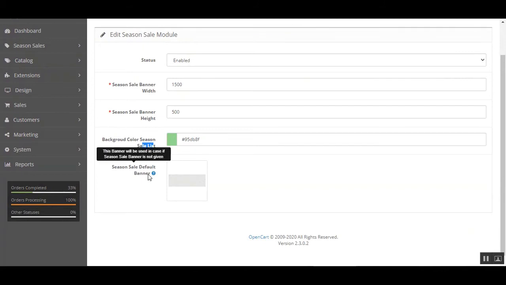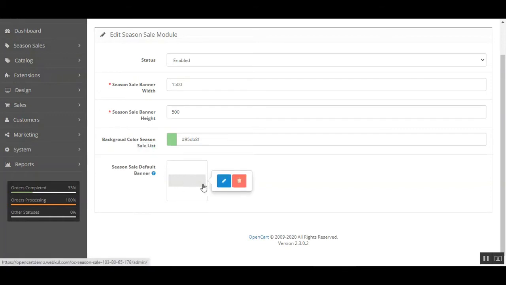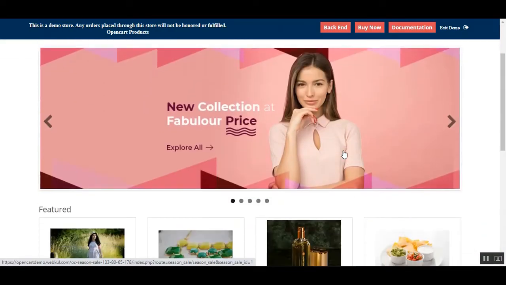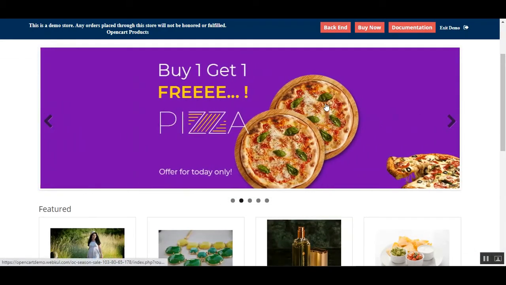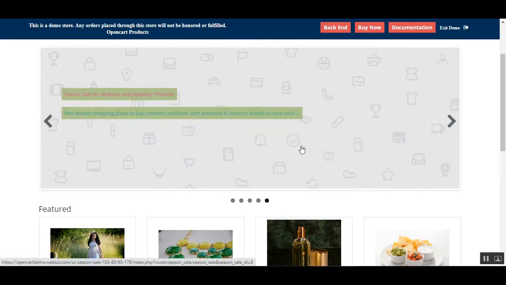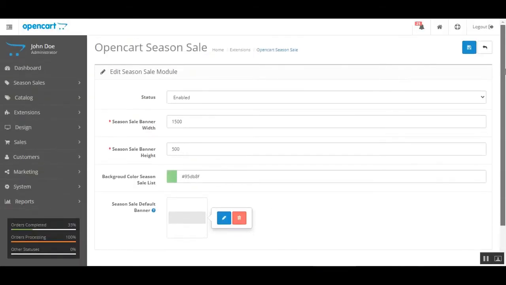For example, this would be used in case the season sale banner is not uploaded by the admin. So this is the banner for that, and let me show you the default banner. For example, we have added a banner to this particular one, the second one as well, third one as well, fourth one as well, but this one we forgot to add a banner image. So right now the default image that we have here would be assigned to that particular banner that the admin has created. Then just tap here on the save button, and the initial configuration settings would be saved for the